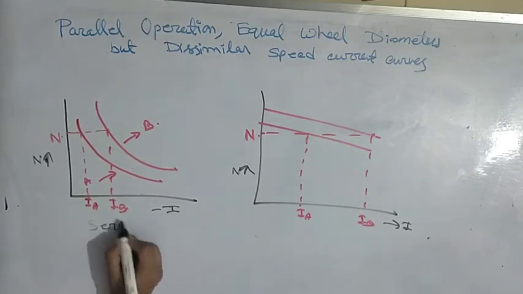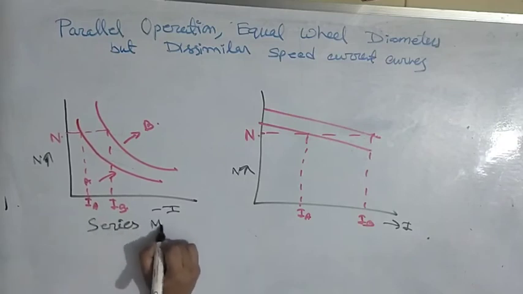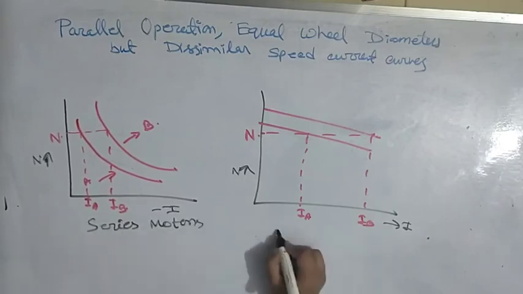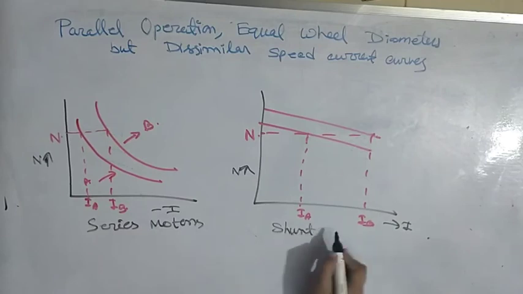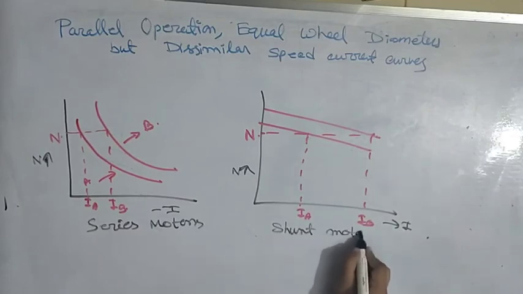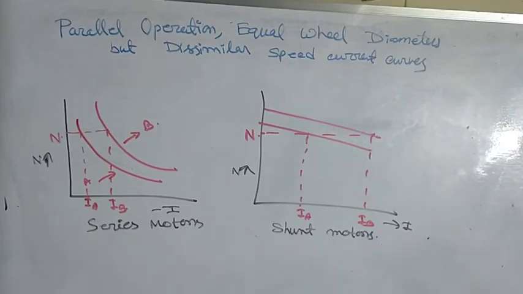Both are series motors, and machine A and machine B in this figure are shunt motors. Okay. Now from the above analysis, it can be concluded that for traction purpose, the permissible deviation from the standard speed current curves and difference in diameters of driving wheel in case of shunt motors are much smaller as compared to series motor. However, their restrictions are not applicable as rigorously for DC compound motor, and they are usually preferred